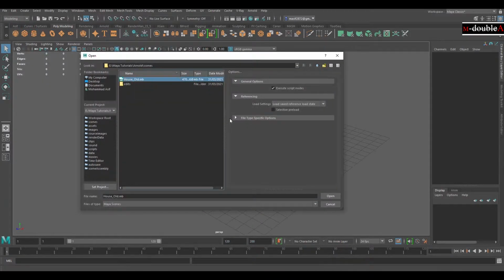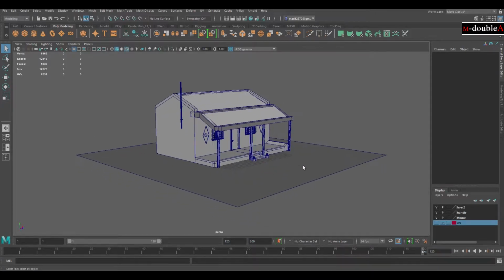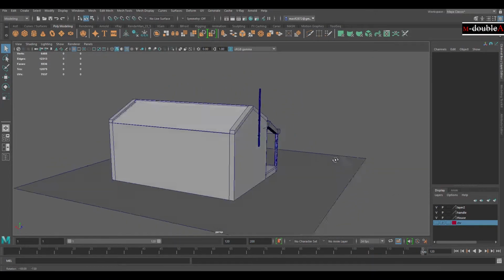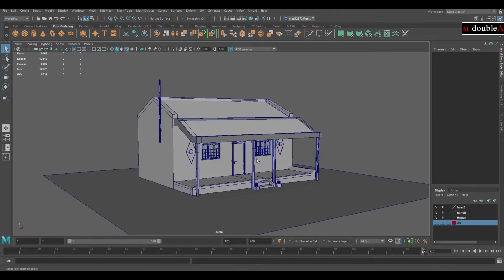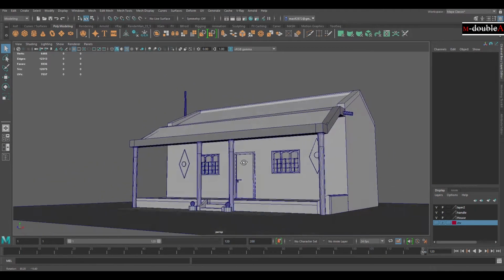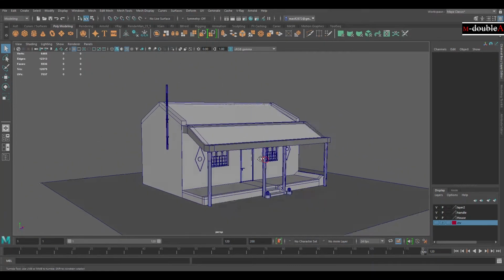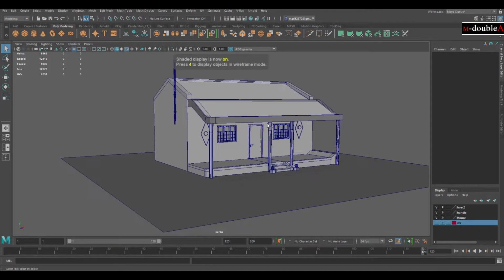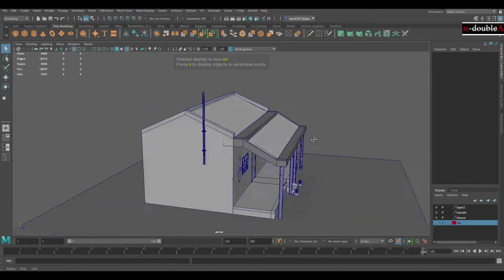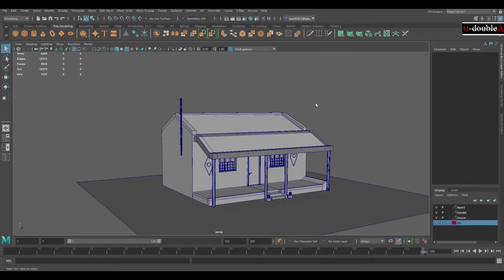Okay, I have one model house. I created it yesterday just for this tutorial how to export. Okay, you can see this is set modeling, and we are going to render ambient occlusion.